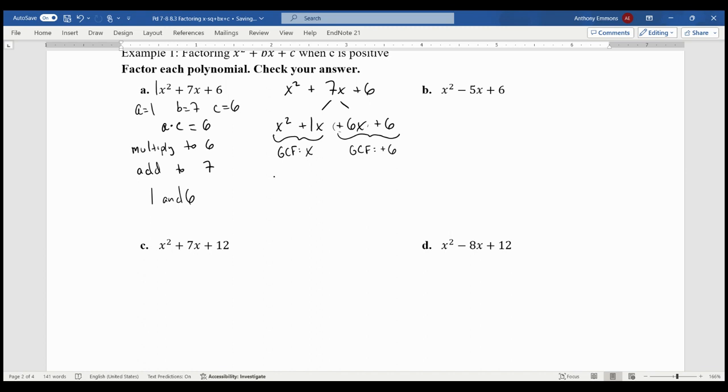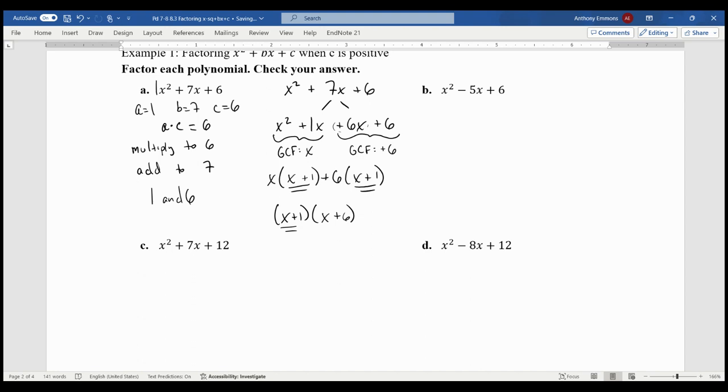So back to the first group, factoring out the greatest common factor of x, and then dividing, x plus 1. Second group, GCF is a positive 6. Please remember your signs. And then dividing, we'll have x plus 1. We'll know we did this correctly if we end up with a common binomial, because then this will factor to that same common binomial,